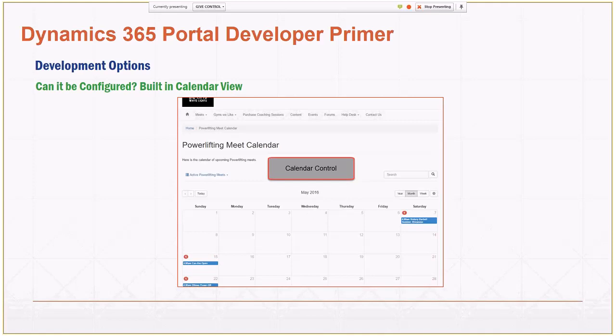I just do want one little asterisk on this one. The calendar control, I've been seeing on the forums that on the latest version of the portals, 8.2, a lot of people are having trouble getting this configured. I'm in the same boat. This screenshot is actually from the old ADX legacy app, but I know it is a feature that should be available on the CRM Online portals, but there seem to be some issues with the page template. So I actually have a ticket open with Microsoft on this one. Hopefully I'll have some more information to sort that out and find workarounds.